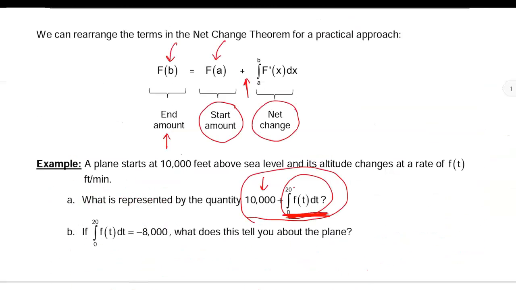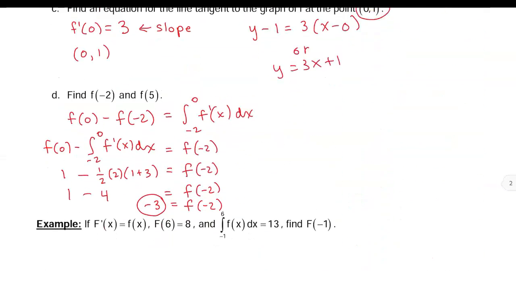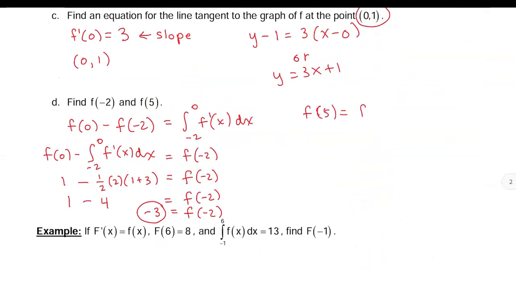The net change theorem has the end amount equals the start amount plus the net change. So the end amount would be f of 5. That equals the start amount, which will be f of 0, plus the net change. And you have to know to say the lower limit and upper limit are 0 and 5. The change is happening from 0 to 5. We know f of 0 is 1, and the change from 0 to 5, again, this is going to be